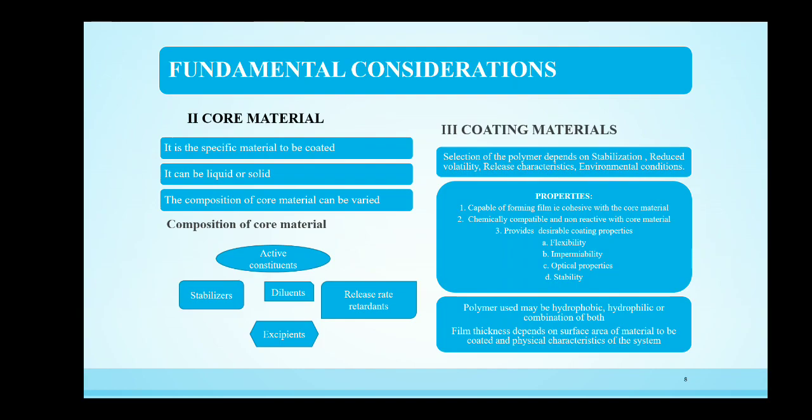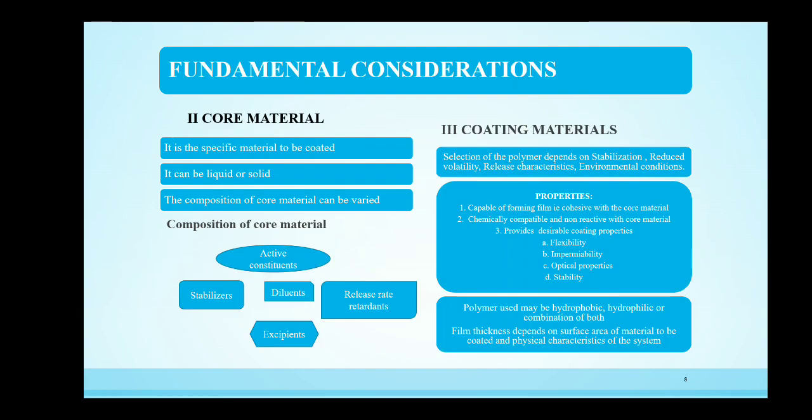Coming to the third fundamental consideration of microencapsulation, that is the coating material. Selection of the appropriate coating material decides physical and chemical properties of the microcapsule or microsphere. Selection of the polymers requires products which are stable, which have reduced volatility, good release characteristics and good environmental conditions. Coming to the properties, polymers should be capable of forming a film that is cohesive with the coating